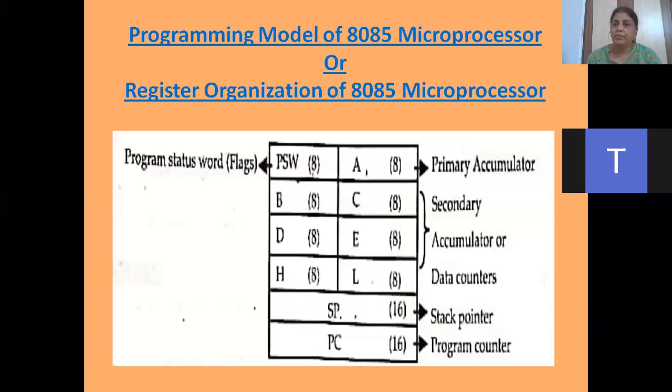And if I have written ADD B, then the content of the B register should go into a temporary register. If you see the architecture in your TPS or in Footbaker, you will see W and Z. These are two temporary registers, or somewhere it is written as temporary register, temp. So one of the data is in the accumulator, and the other data which was in B will transfer to that temporary register, which is not accessible by the programmer. That's why it is not here in this. W and Z are not programmable registers.